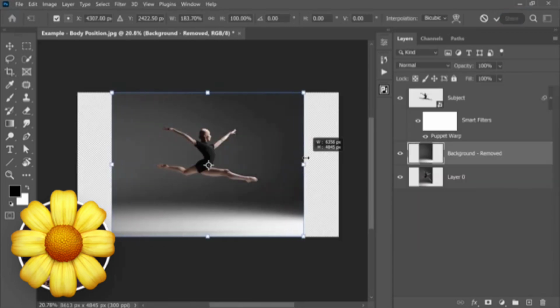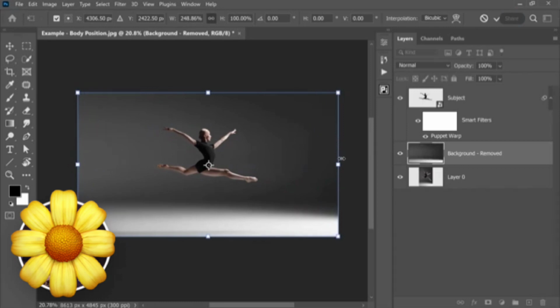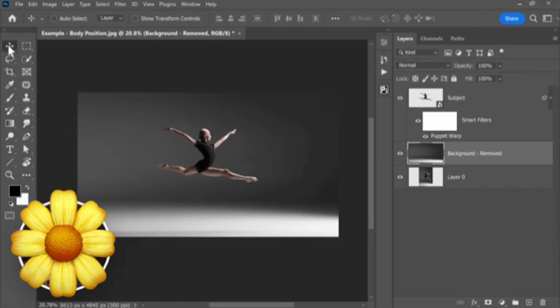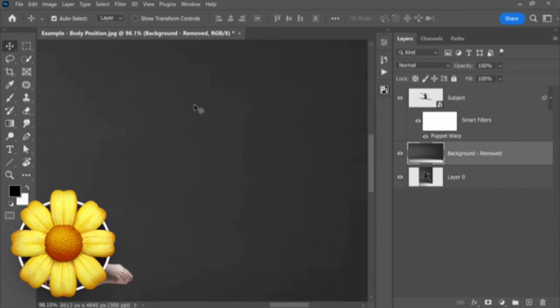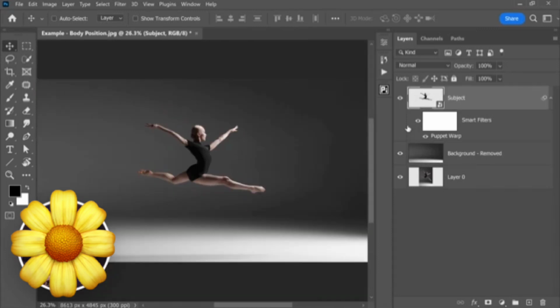And you can either stretch it, you can content-aware fill it. It's all up to you. It even looks good stretched. And if you see the stretch marks right here, you can also change body position in Photoshop. Let us do a quick little recap. So do not forget that some